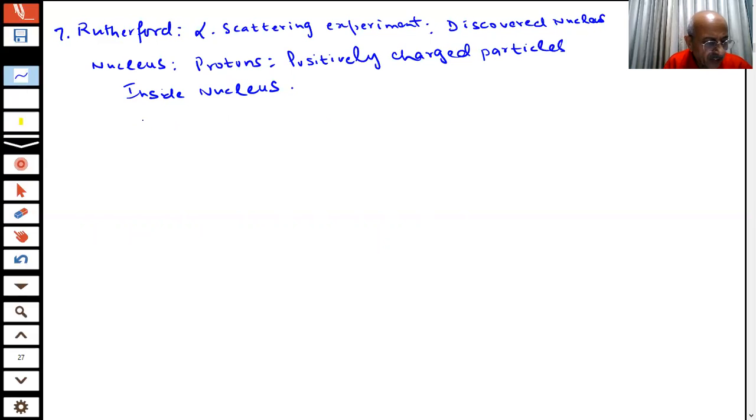He was able to make calculations after doing his alpha scattering experiment using a thin gold foil. These are experiments we already know, so we are not going into details of that. Alpha rays are doubly charged helium atoms. When they were bombarded on thin gold foil, most of them passed straight, few were deflected, and 1 out of 12,000 rebounded back. And after doing the experiments, he proposed a very simple picture of the atom,